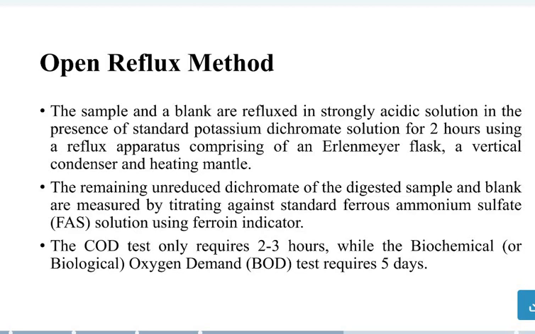in the presence of a standard potassium dichromate solution for 2 hours using a reflux apparatus comprising an aluminum flask, a vertical condenser and heating mantle. So the remaining unreduced dichromate of the digested sample and blank is measured by titrating against the standard ferrous ammonium sulfate (FAS) solution